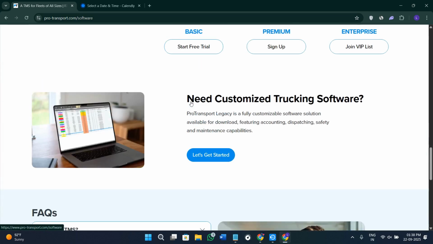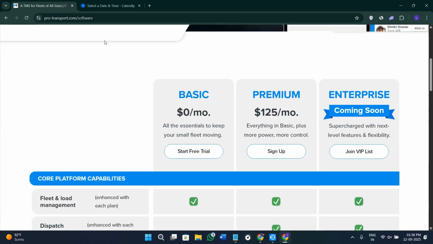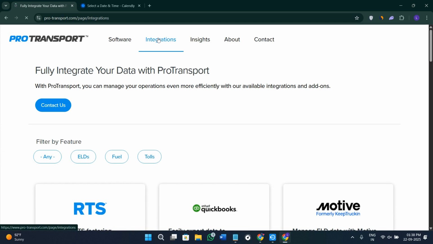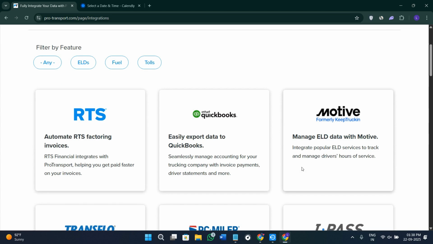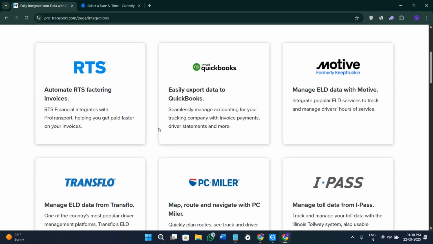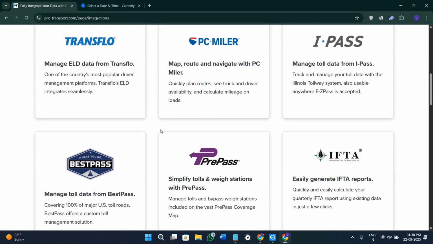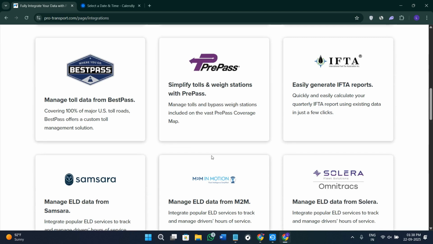It is also going to give you a driver management option. With the help of it, you will be able to store drivers' profiles, safety records, and compliance documents in one place. You can also monitor hours of service and make sure that you are following the regulations. It is also going to give you the accounting and billing option. With the help of it, you will be able to generate invoices, track expenses, and record payments directly in the system. ProTransport is going to integrate with the popular accounting tools so that your books stay clean